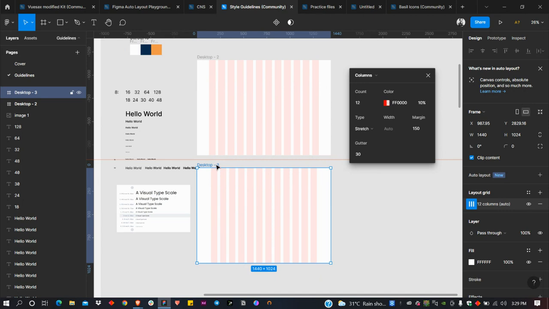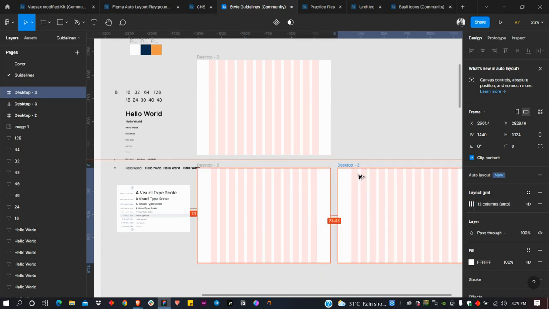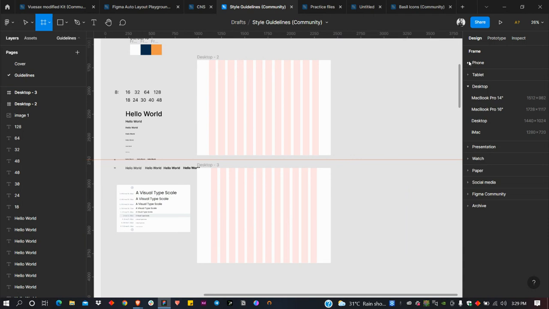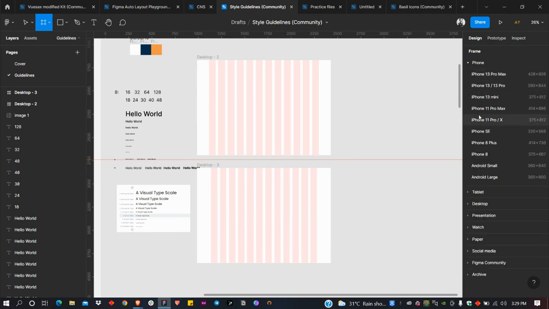And that's for desktop. Then for mobile, okay, let's do that. Let's get a mobile frame. For mobile phones, I advise you don't use the largest screen that you see there. Just use something that a lot of people use. I tend to go with